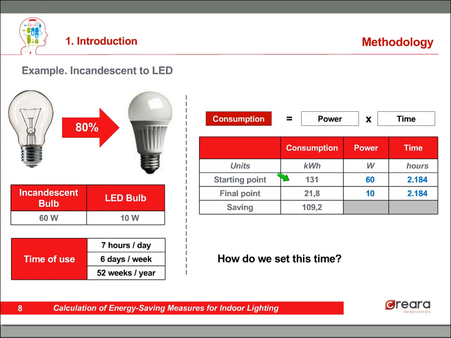So the saving, as we said, is 80%, or more or less 80%, is 109.2 kilowatt hours. Okay, and finally, the question: how do we set this time? This is important because we can read the power, but we cannot read the time. We're going to see a little more of this in the next slide,